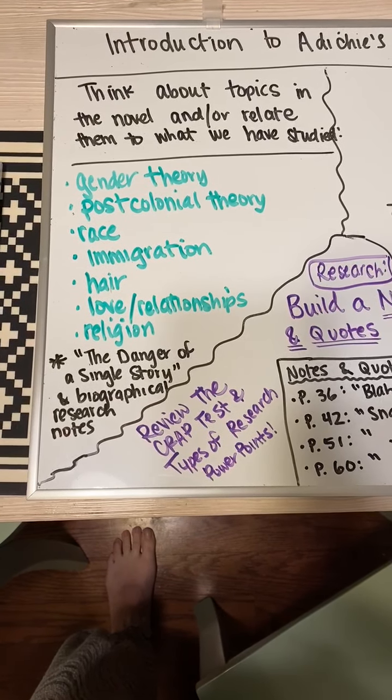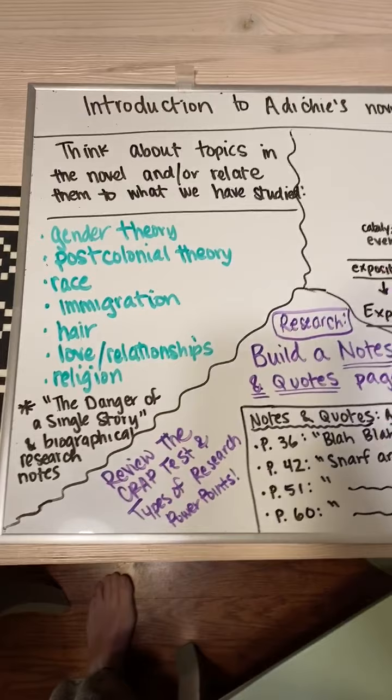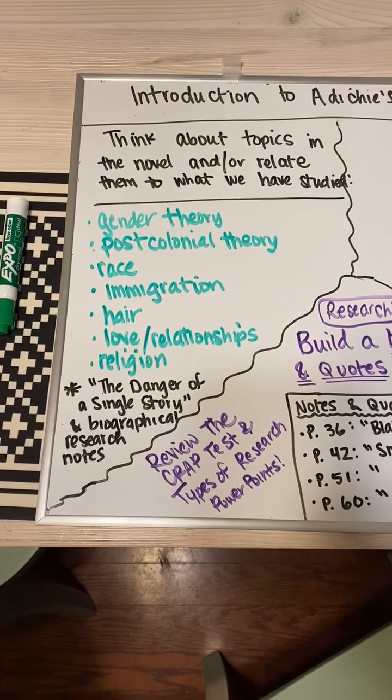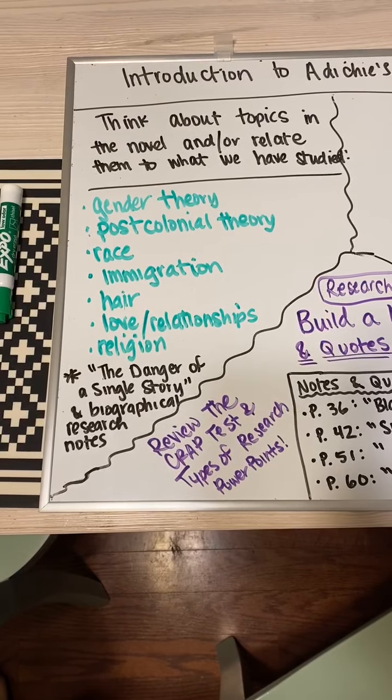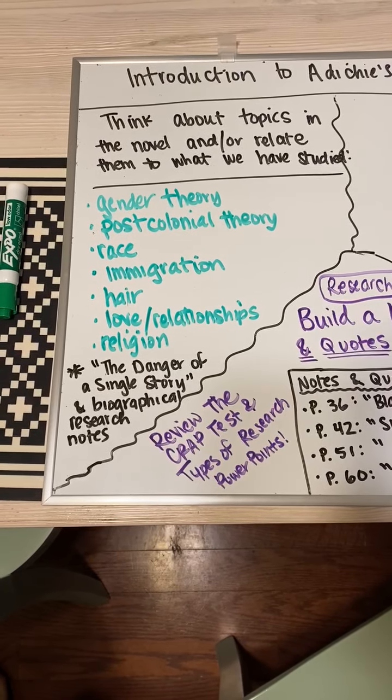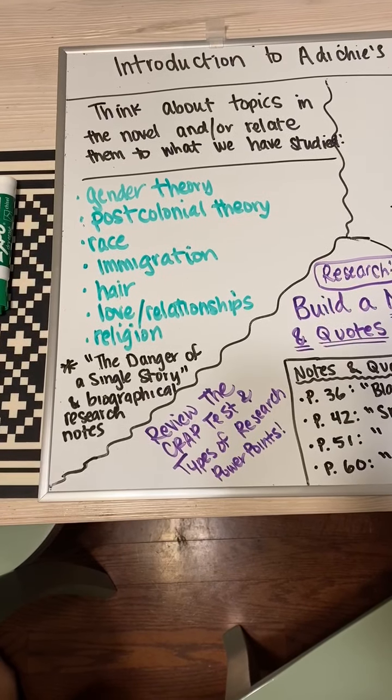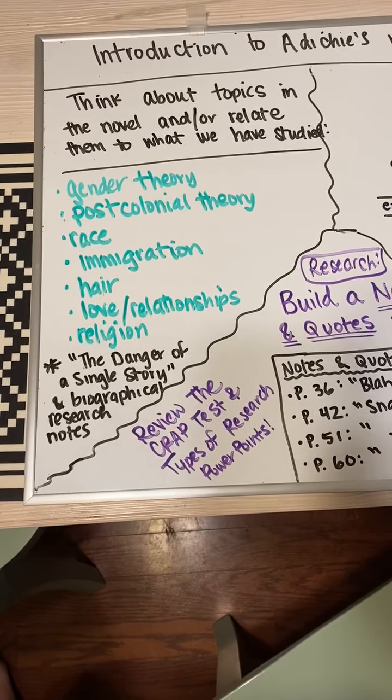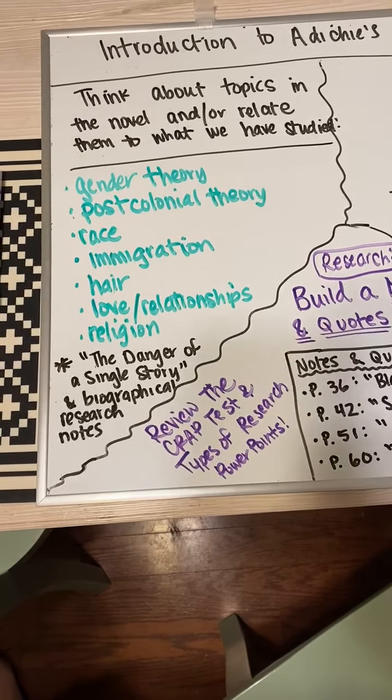Another thing you'll want to check out, because it's required this week, sorry, you can see my foot, that's weird, is Adichie's TED Talk called The Danger of a Single Story, and that is up on Canvas for you to view. I would like for you to look at that in conjunction with the biographical research notes. Those can be found under Types of Research, the PowerPoint that I posted to week 12. So read just the biographical research notes for this week, and maybe the intertextual research notes if you want to get ahead, and think about how knowing what you know about Adichie's life from The Danger of a Single Story might inform your reading of the novel.